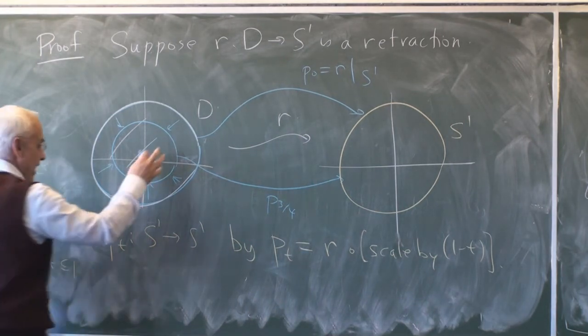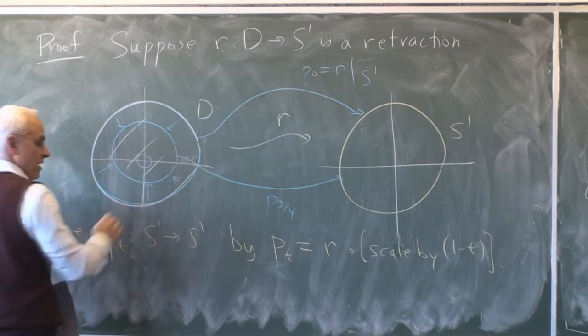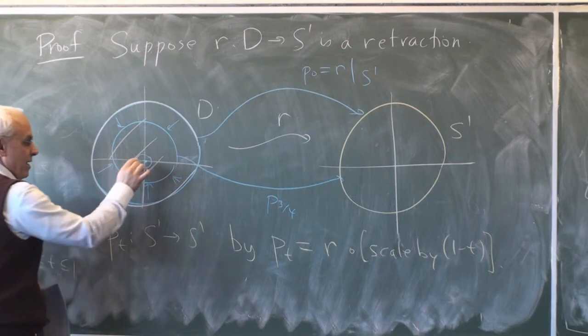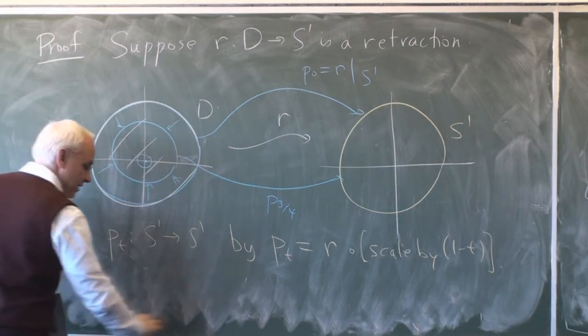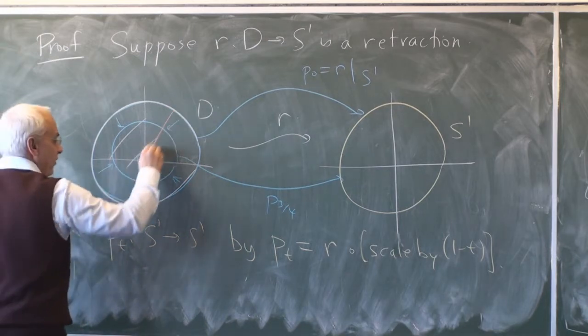And we're going to keep on defining maps until we get to P of 1/10, and then eventually P of 1. P of 1 takes every point to 0